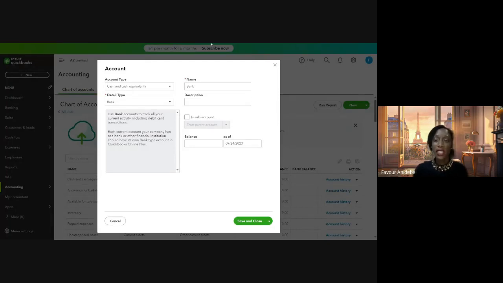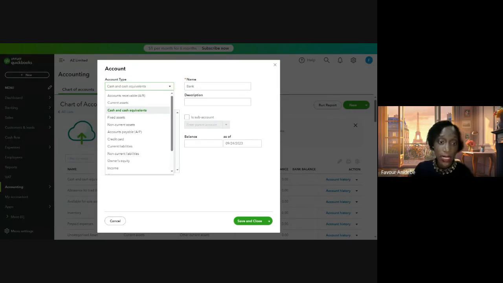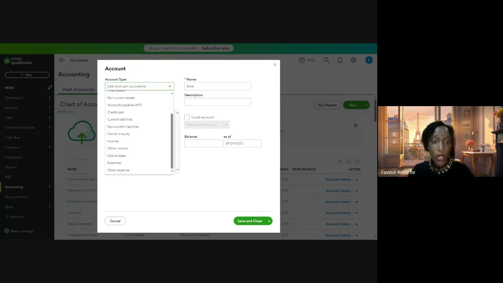We're about to do a very simple illustration. AZ Limited started business with 10 million naira. So let's enter it. First of all, QuickBooks has not recognized that you have anything called Access Bank. So let's tell QuickBooks that there's an Access Bank account, right? So you can see under this